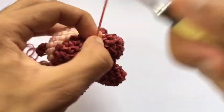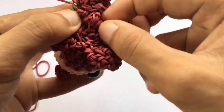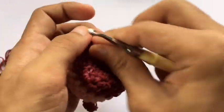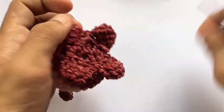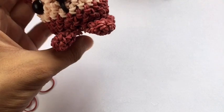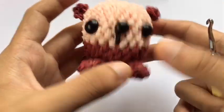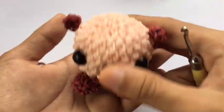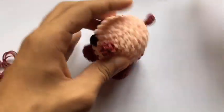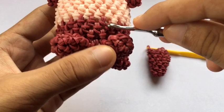like so, and tuck your slip knot in like so. And these stuffing, you can just take them off to get rid of them. So we just attached our 4 little legs. So after you attach your legs, you can fix them however you like, but I think this looks good already. Now let's attach our tail, and they are going to be in the first row of our